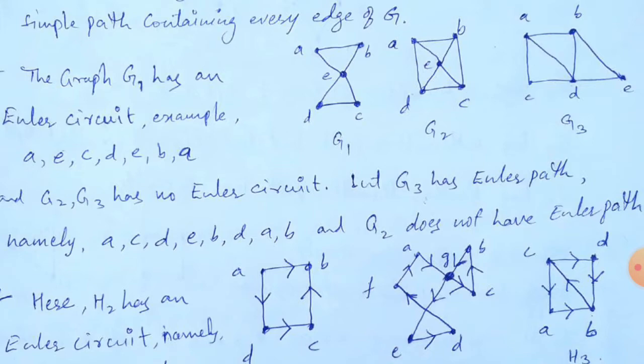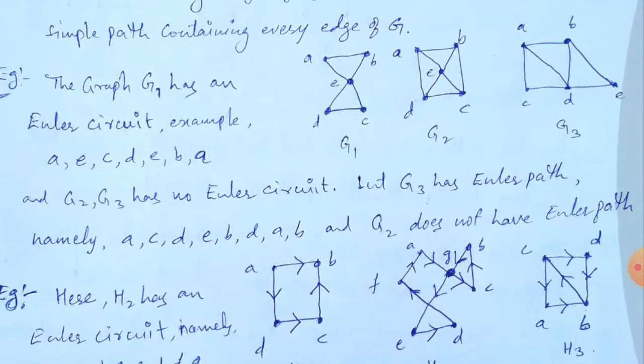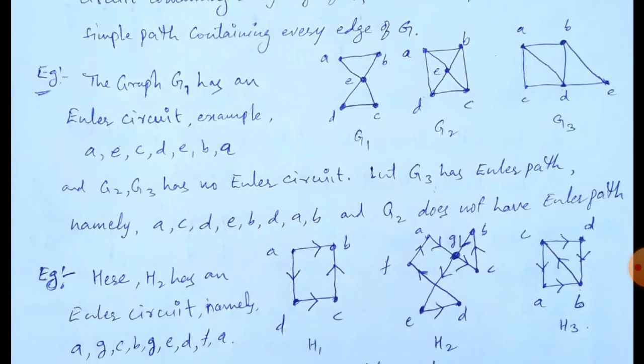In a path, endpoints are not equal. You can observe, vertices may be repeated, but edges cannot be repeated, and exactly one and only one time you have to include each edge in that path. So observe in this path, all the edges are included, and edges cannot be repeated. Like that we can find. So G2 has a path only, Euler path only, not a Euler circuit. Okay.